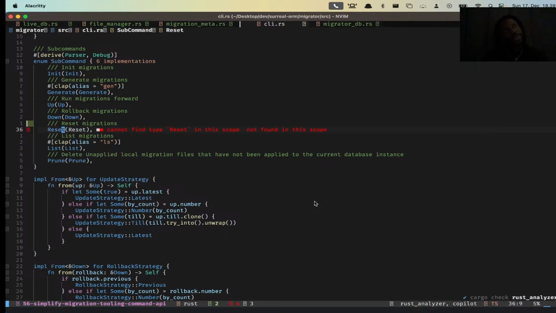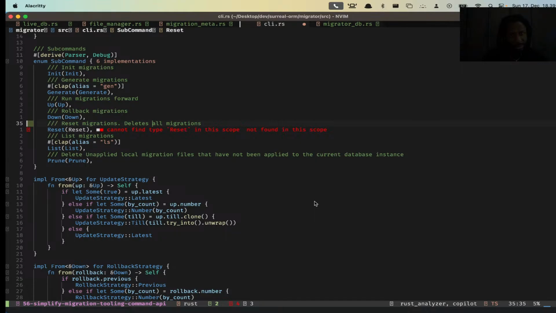Could we also have the concept of soft reset and hard reset? I feel like we can have a reset that resets to the latest valid state, or that resets to the beginning. That's something we can definitely do, but for simplicity's sake,